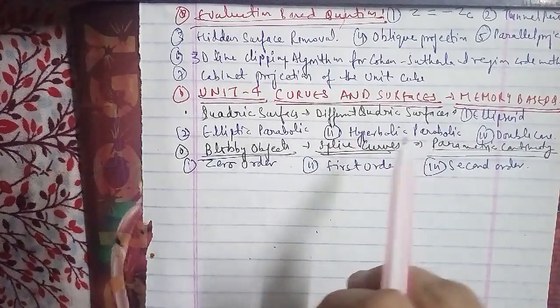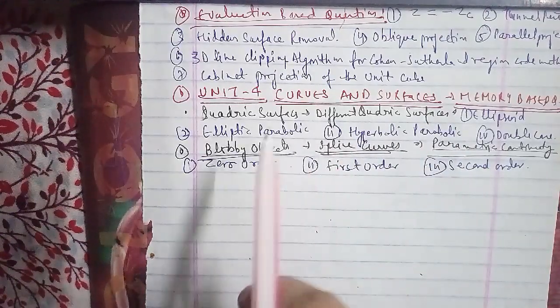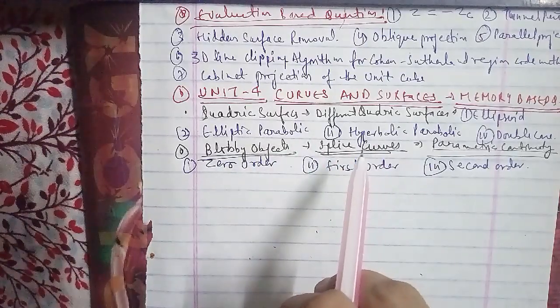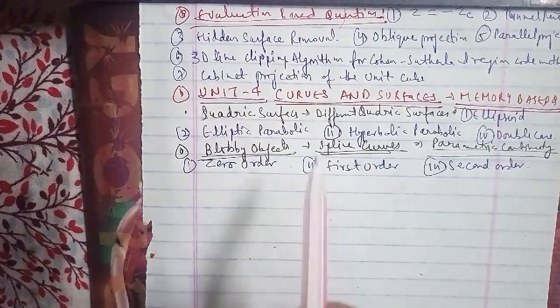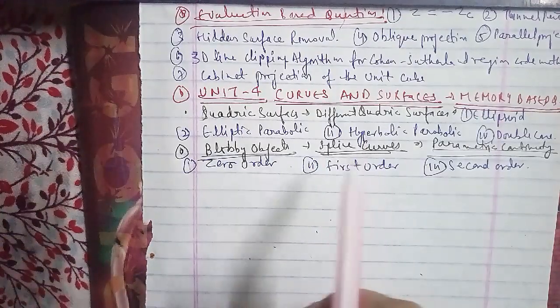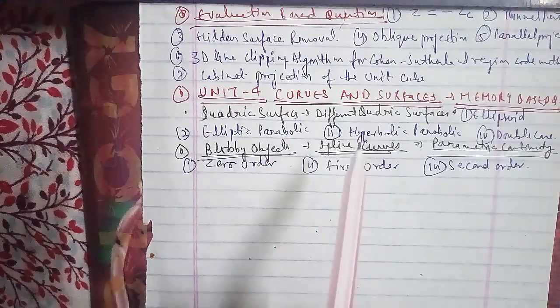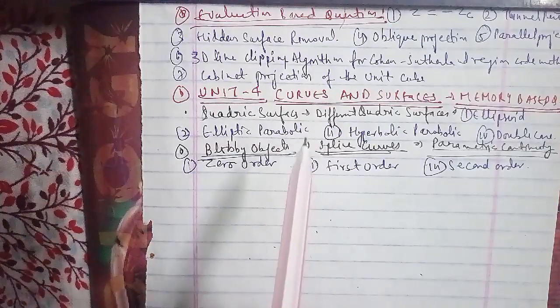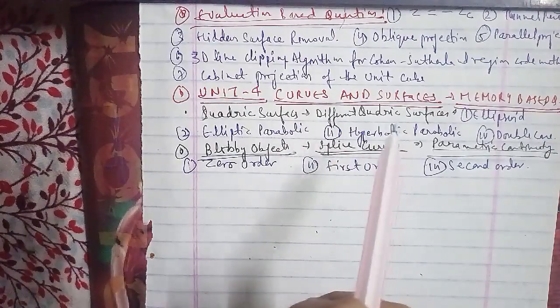Now we'll go ahead with the other question: mention the two approaches which determine whether a hidden surface algorithm deals with the object definition directly or with the projected image. We have two: first is the object space method, and the second is the image space method.